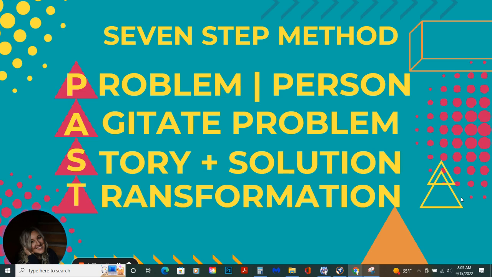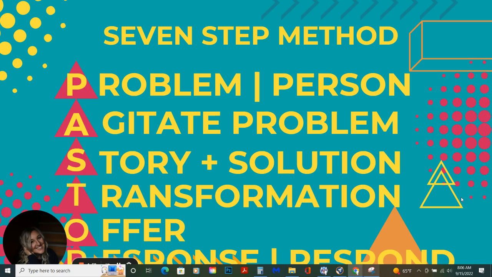So you talk about the features and the benefits of the book at this point and how this book is providing the transformation. Like, how much peace and more time do you have in your life when you get on your computer to pay a bill and you already know the password? You don't even have to waste your time. Like, your life is better. So T stands for transformation. Hopefully we can fit this all on this slide. O is the offer. So you're telling them about the book and how great it is. And then the last part is R. Let's see if we can fit this in here. The response